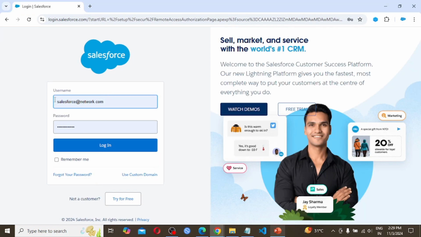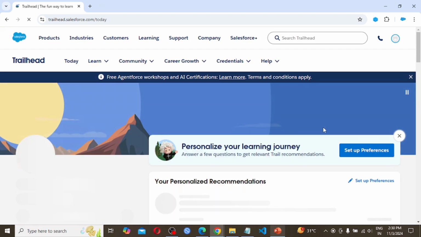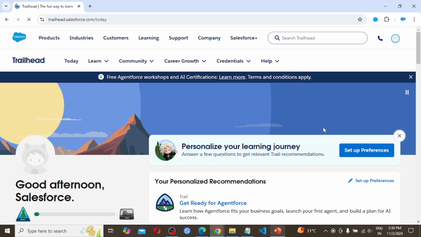So here, by providing the username and password, hit the login button. So we are landing on our default page, trailhead.salesforce.com. So this is the home page of Trailhead.